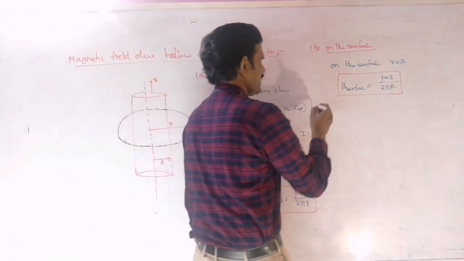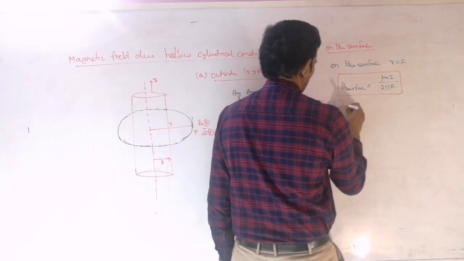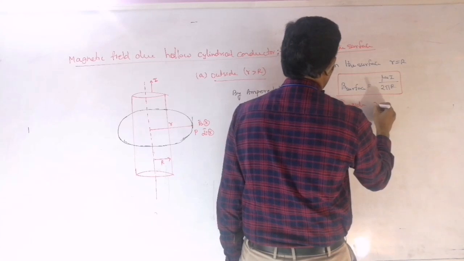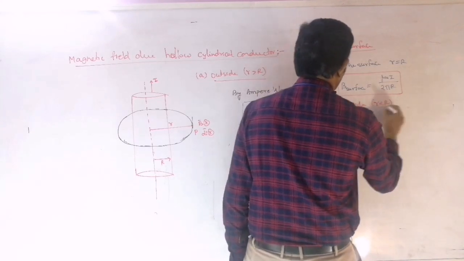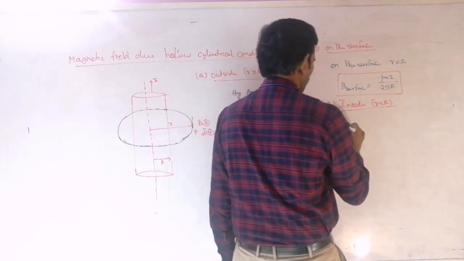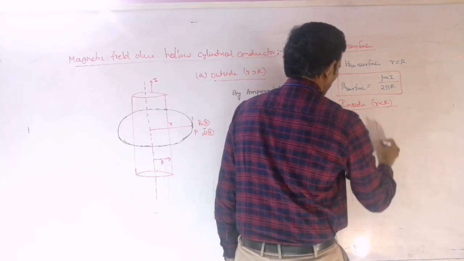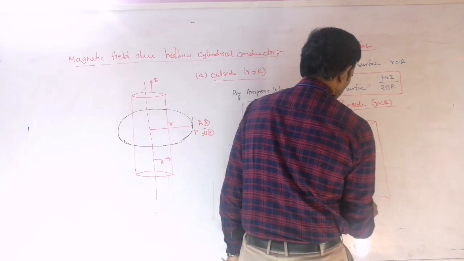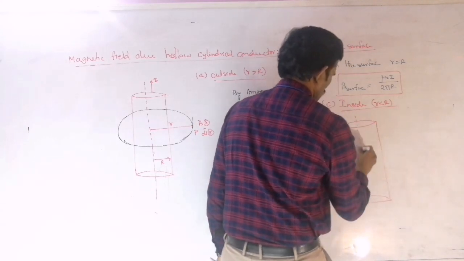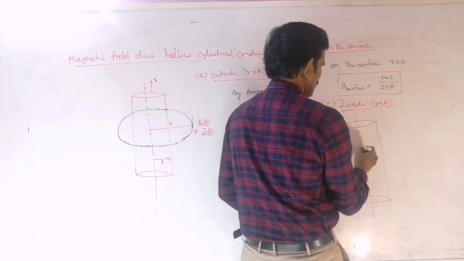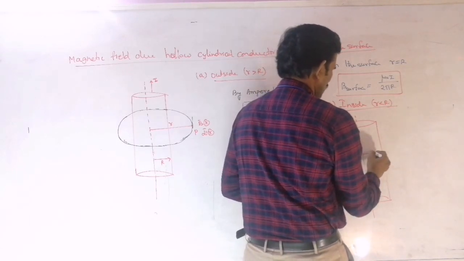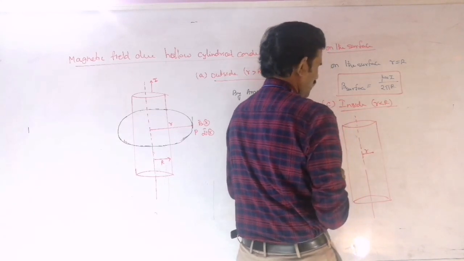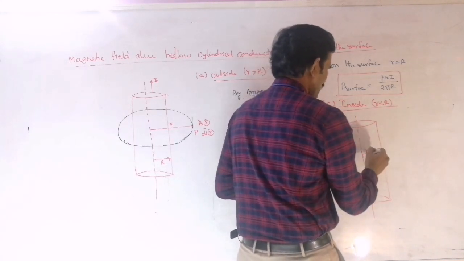And next let us take inside. So inside that conductor, inside that hollow conductor, that is small r is less than capital R. And so now here for this the Amperian loop we need to consider like this. So this is the axis of the cylinder, let us consider that. So now this is our point here. This is the point P where we need to consider, this is a smaller distance there. So now we need to take this Amperian loop there inside only.